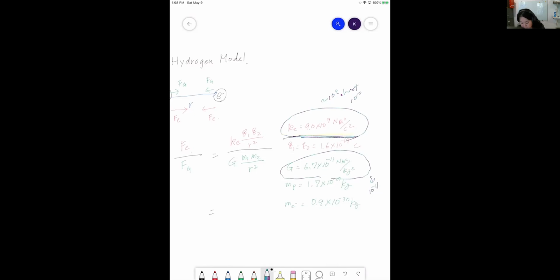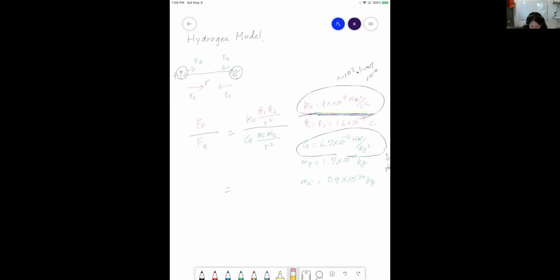10 to the 10 compared to the 10 to the minus 11. Right? So let's put these numbers in here. Equals, so the Ke is 9.0 times 10 to the 9 Newton meter squared per Coulomb squared, times Q1 and Q2. So 1.6 times 10 to the minus 19 Coulomb times 1.6 times 10 to the minus 19 Coulomb, divided by R squared,